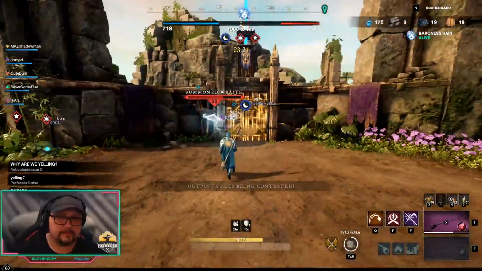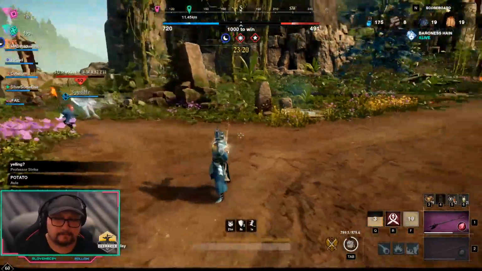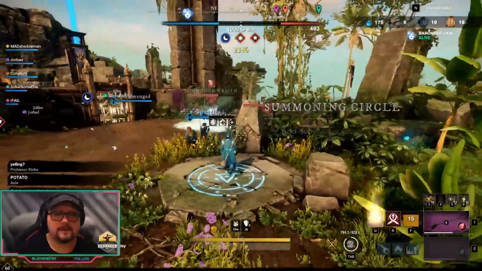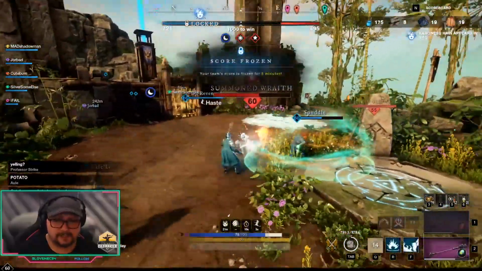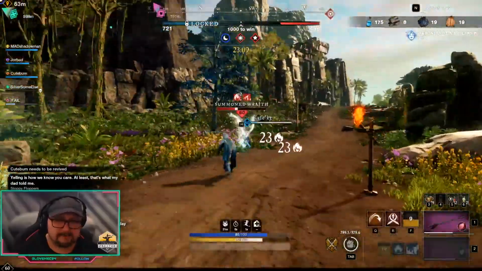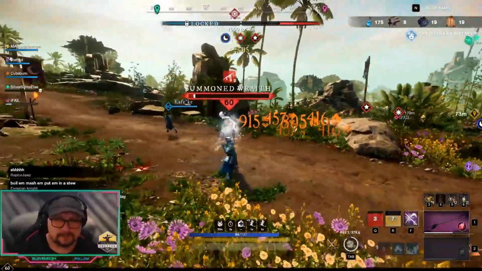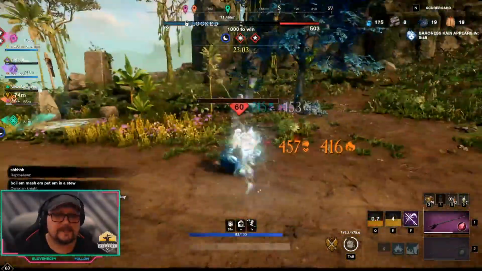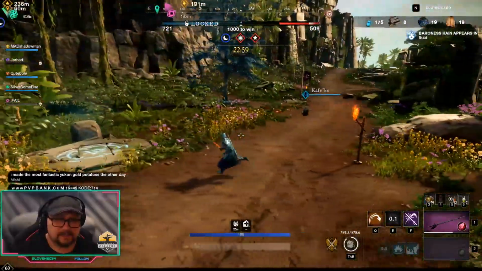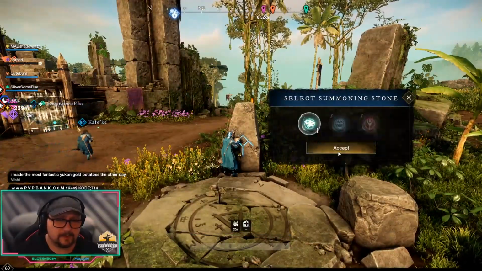Oh, they already summoned a Wraith. So you cannot summon another summon once there is a summon active. This basically has to die first, which is good, let me demonstrate this. Now that this thing is dead, you can come here and put another summoning